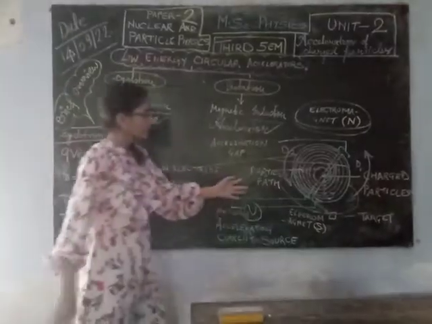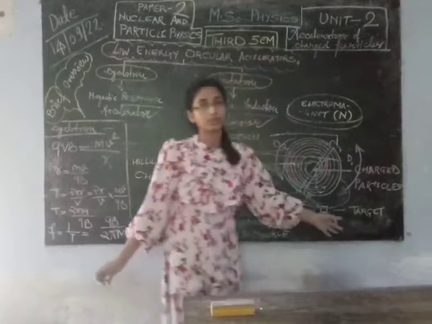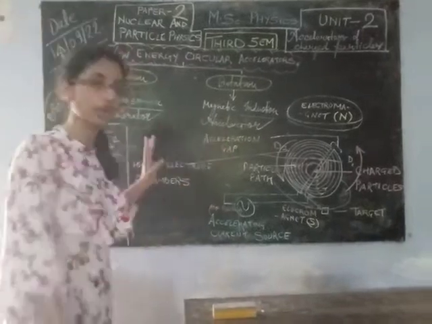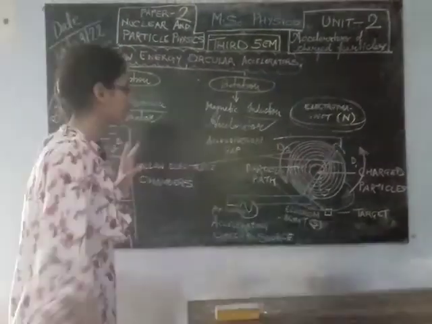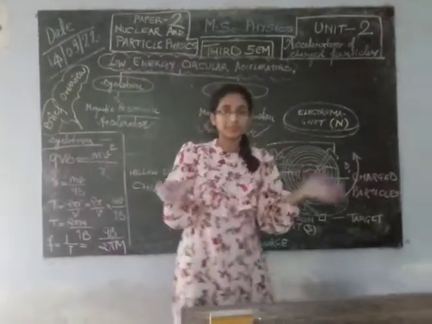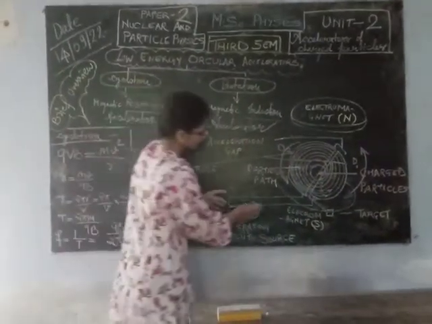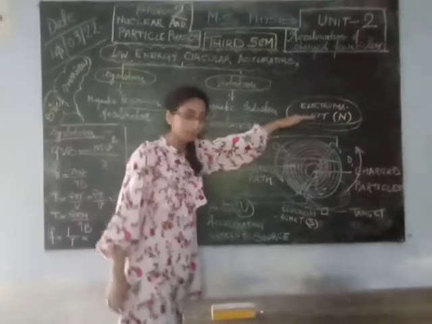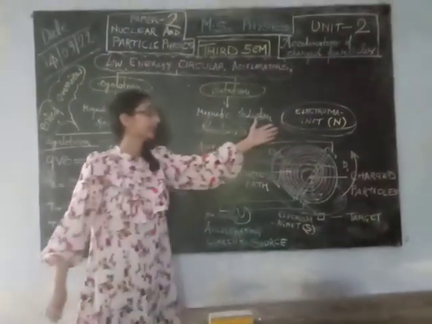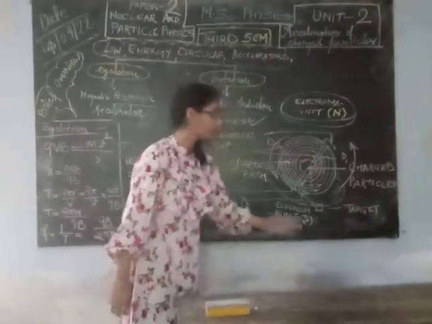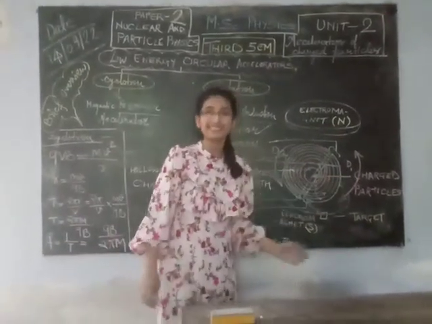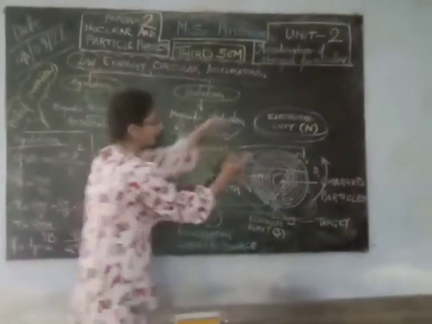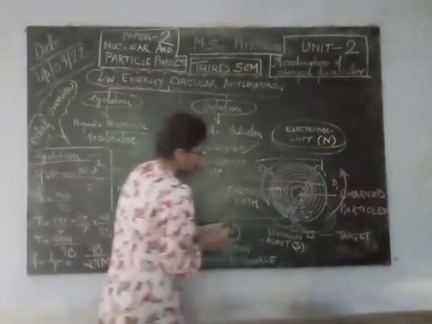So this is a brief diagram of the cyclotron. It's not new for any students. It's a revision part. You should also have studied it in BSc classes. So I briefly explain it. These are the D's. In the cyclotron, there is an electromagnet on both sides, a north pole and a south pole. And these D1 and D2 are the D's. These are placed between the poles of the electromagnet.